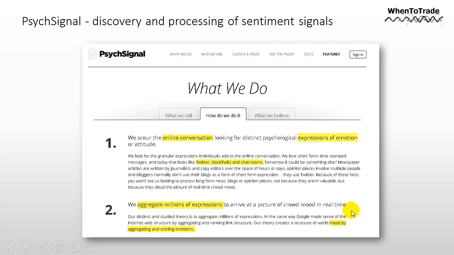And this is really interesting. They collect all these millions of data sets which are available on the web. They interpret the emotions and they provide a composite signal regarding bullish and bearish sentiment in the markets. They do not interpret or predict these signals. So what PsychSignal is doing is providing you with the raw data set. What you need now is a toolset or engine which can read this data. And now WhenToTrade comes into place with our cycles knowledge.